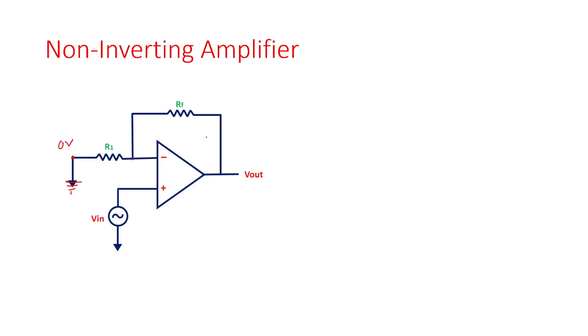Potential at this node, I already stated that VA is equal to VB. It means potential at node A is equal to the potential at node B, which is equal to Vn at this point. So this is the Vn. I assume current in the R1 is I1, current in the RF is IF. So if you apply the nodal at node A, we will get the equation I1 is equal to IF,